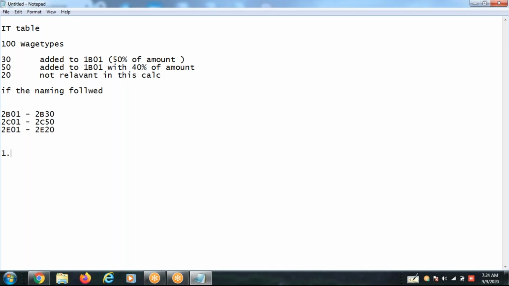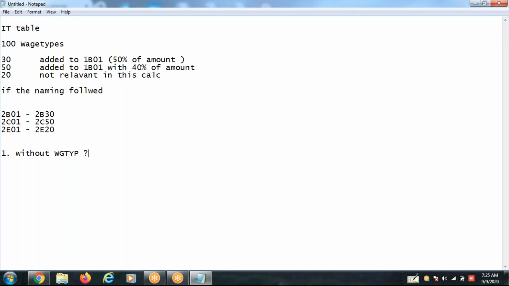First point, without wage type operation, can we write this rule? We can write, sir, but we have to call all the wage types.